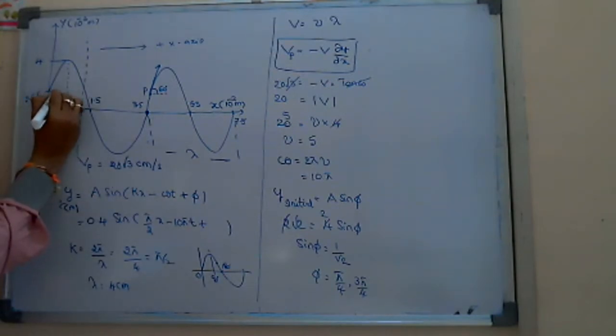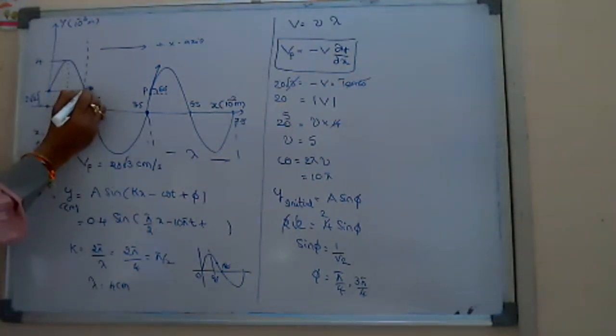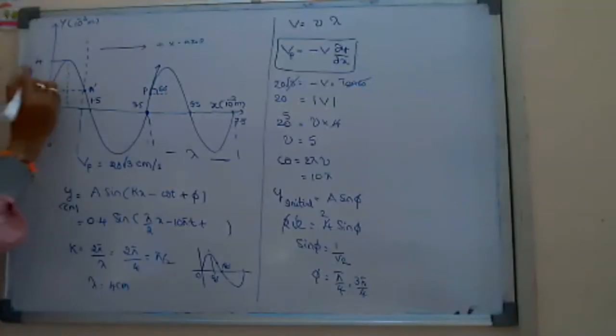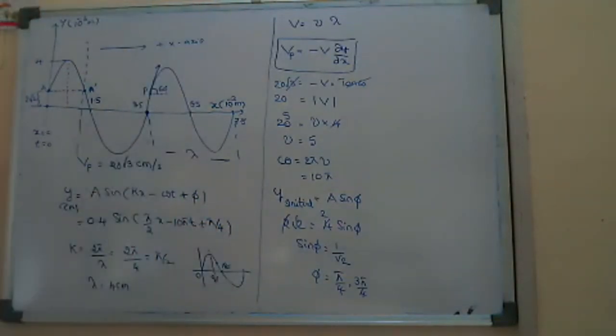Means what I am saying, at this 2 root 2, you are getting two phase angles now. One is less than 90, other is more than 90. Now you see, is it started from some P dash or P or A? It started from P, sir. That's why it is less than 90. Less than 90 means I have to write pi by 4, not 3 pi by 4. Understood? This one was also given in one exam previously.